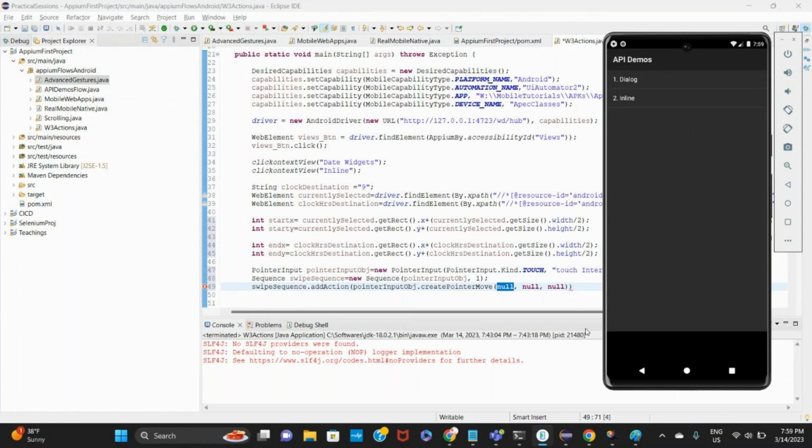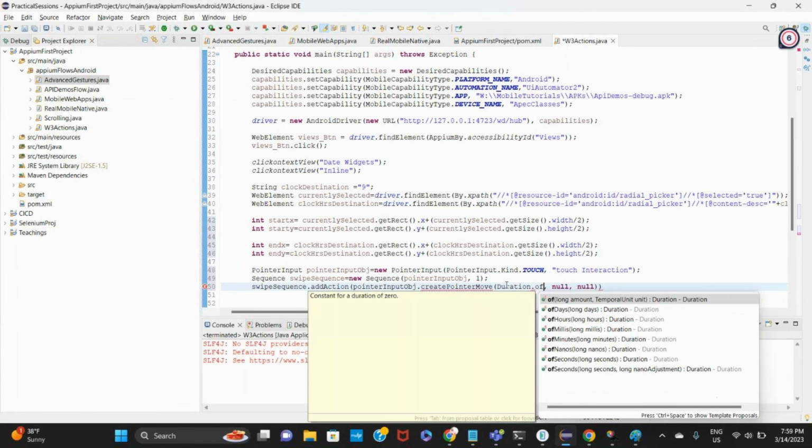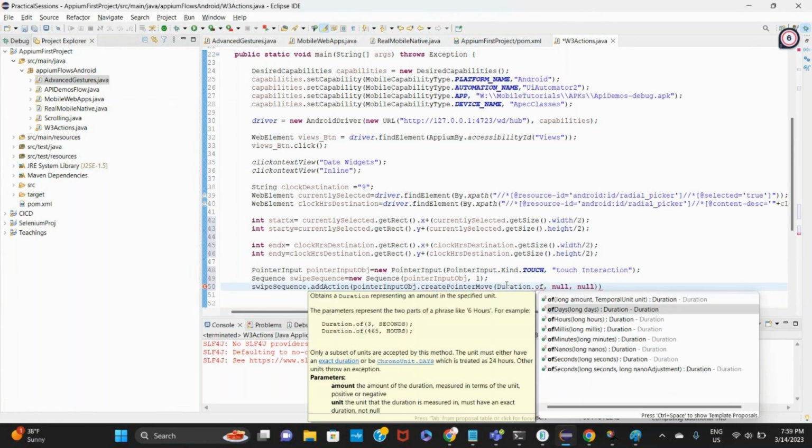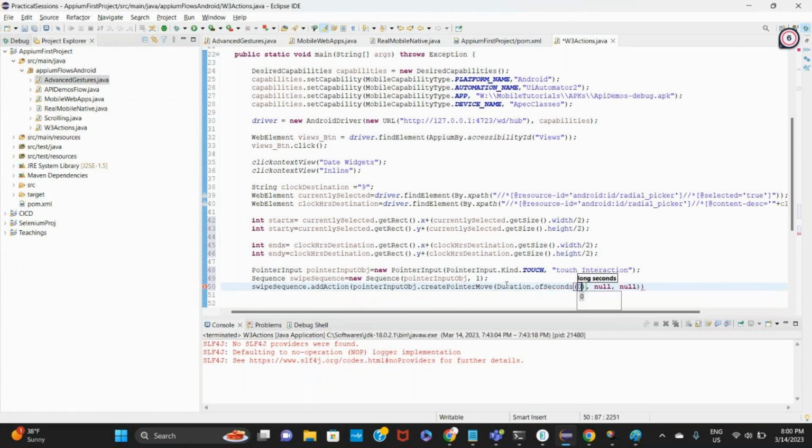So the first step would be create pointer move. We have to move the pointer to the source. So here the duration is the first parameter it is expecting. So there is no wait needed when we are actually moving to it. So I'll say 0. We don't need to wait for any time. And the second would be,